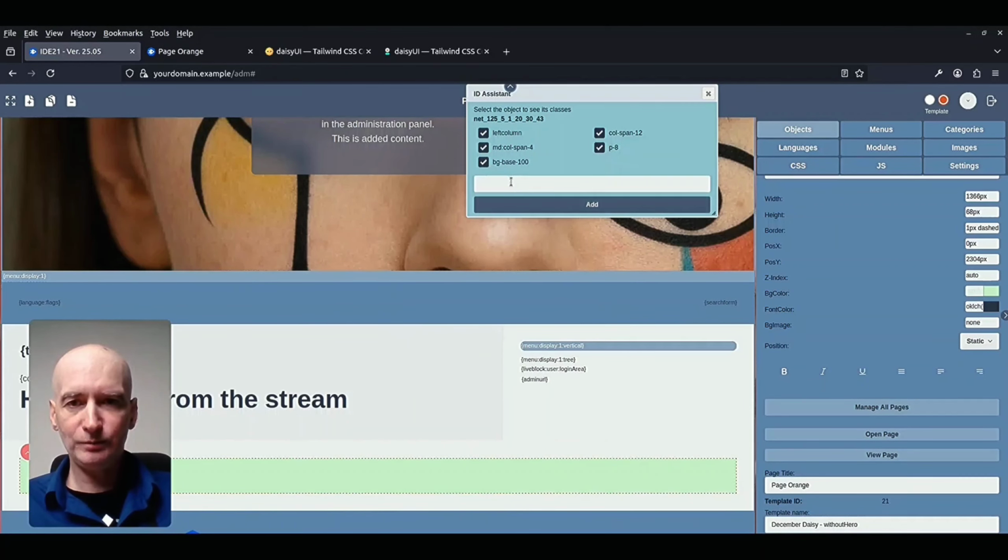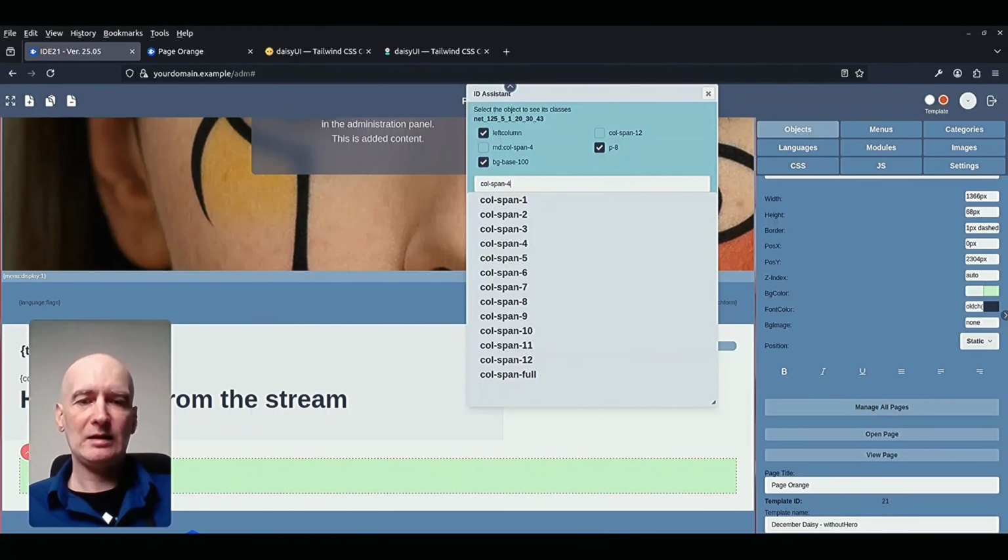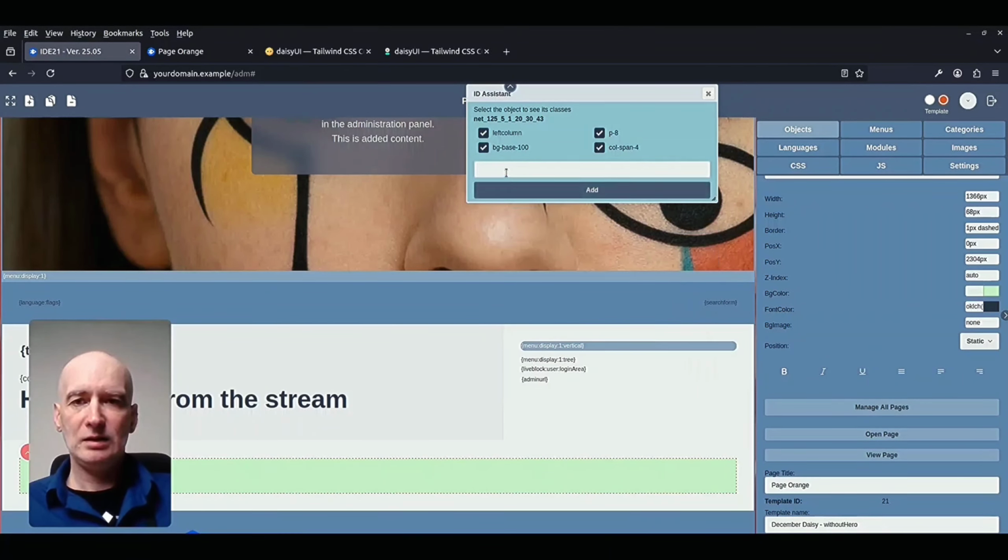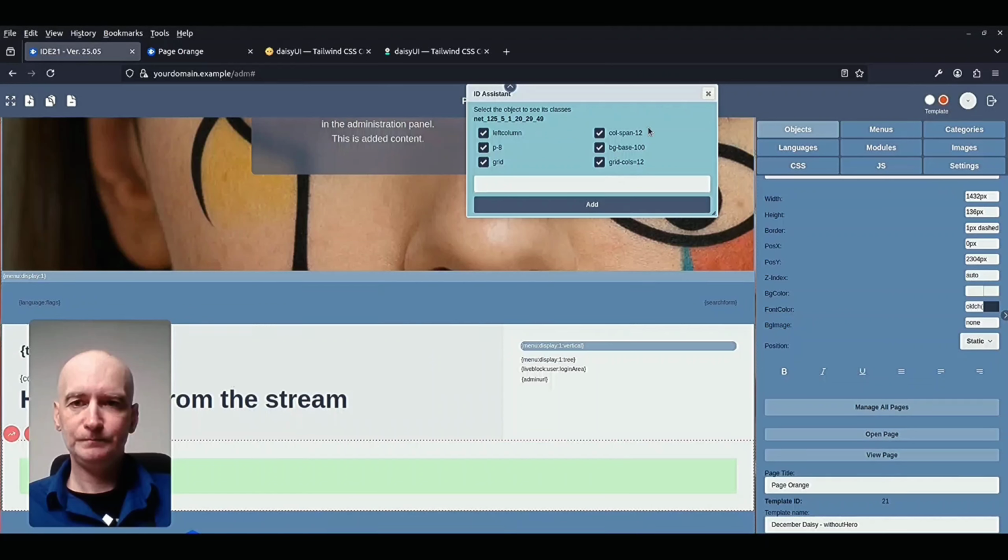In order to limit this and have 3 columns, we can do another Tailwind CSS class there, because I made a mistake in grid calls.